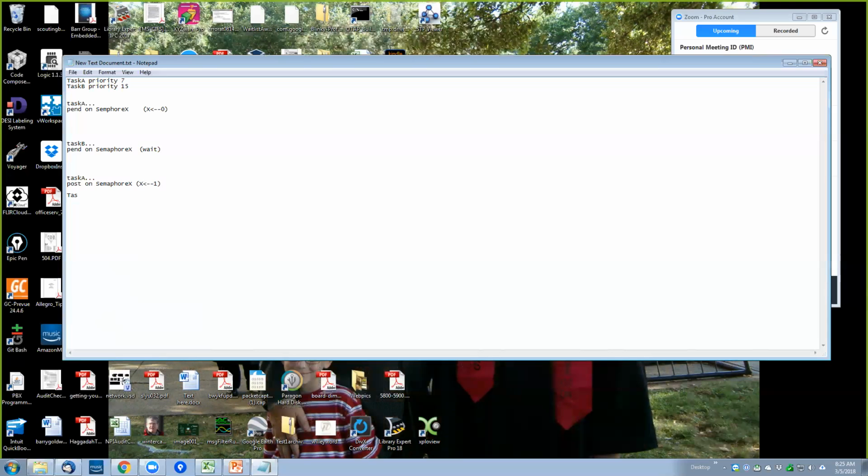And task B can resume execution. Okay, so that's the way it happens if we use semaphores. If we do it with the mutexes,